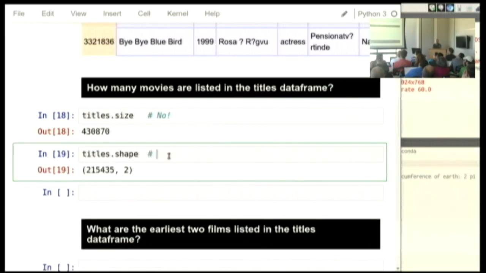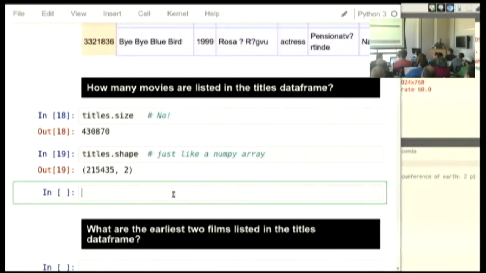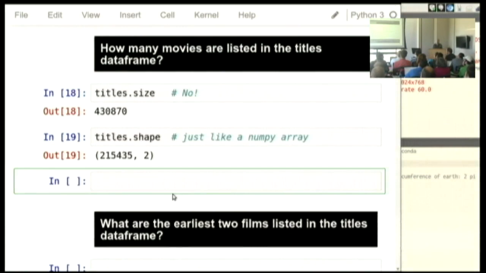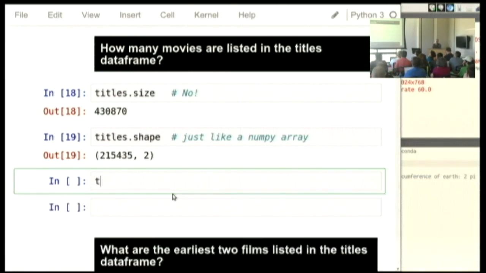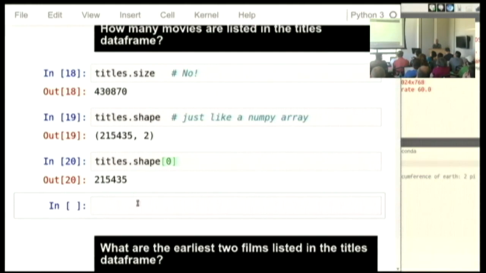One, and this is just like a NumPy array that I showed you in that sample notebook, all Pandas data frames have a dot shape. Anyone know the name of the Python data structure that has parens around it? It's a tuple. Dot shape is a plain old tuple that has the number of rows and the number of columns as the 2 arguments. So I could say something like titles dot shape and then select out that 0 element if I just wanted to print in front of the user or something the number of movies they loaded.